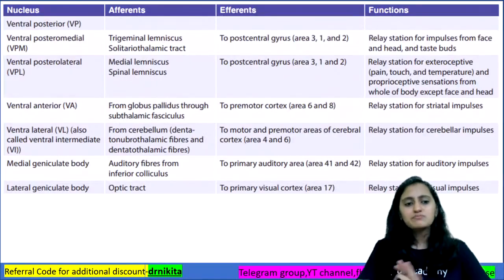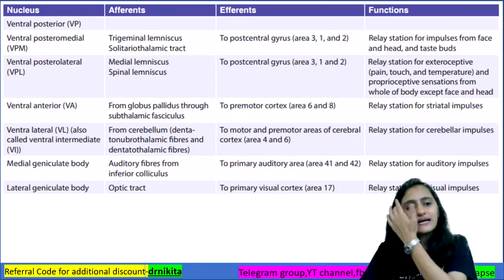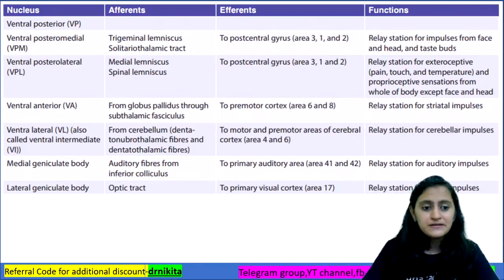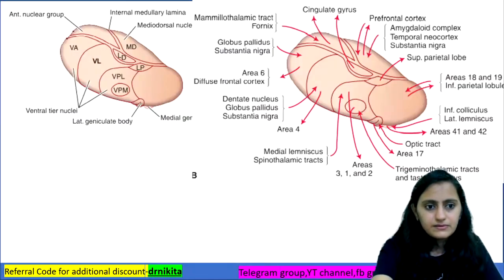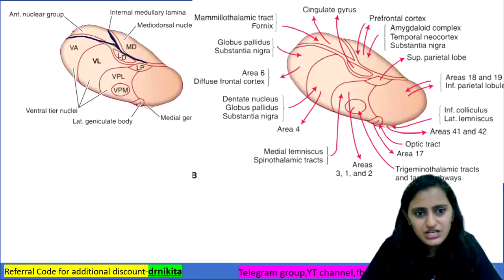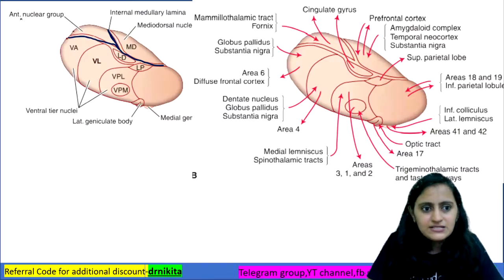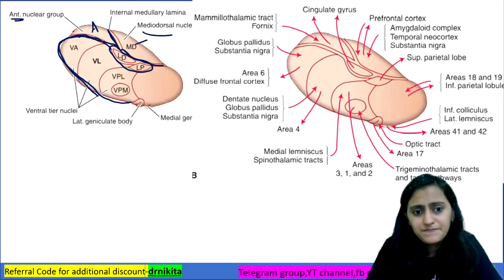Now coming to the most important part in thalamus, which is very confusing, your connections in the thalamus. Alright, so look at this image. In this image, you see this Y-shaped structure, that is your internal medullary lamina. So this becomes your anterior nuclear group. Here the smaller one is your dorsomedial and the largest one is the lateral. In the lateral you have the dorsal tier above and the ventral tier below, and the biggest nucleus of thalamus, that's the pulvinar, right?